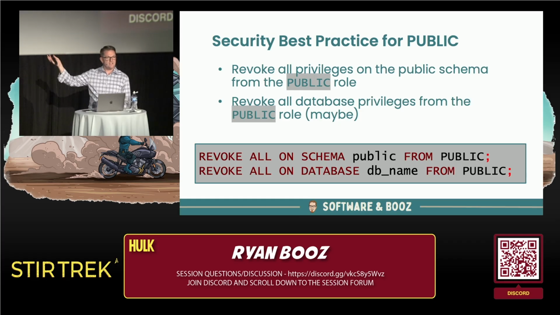Now, why doesn't the project do this? There's a couple reasons. Number one, people are on many different versions of Postgres, and so even if we made this change starting with Postgres 18 this fall, it's not going to impact all the things before us, right? And the ethos of the Postgres project and the community that is developing this is that they don't want to make decisions for users that might impact their environment, right? They feel like they've tried to make some good default choices, even things like extensions. In a separate talk, I would talk about pg_stat_statements as an extension for being able to do your query analysis and do query tuning and so forth.